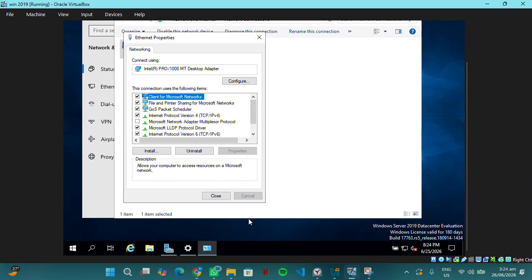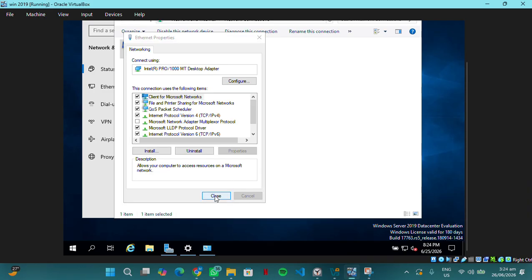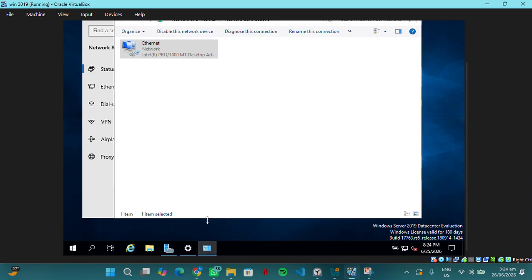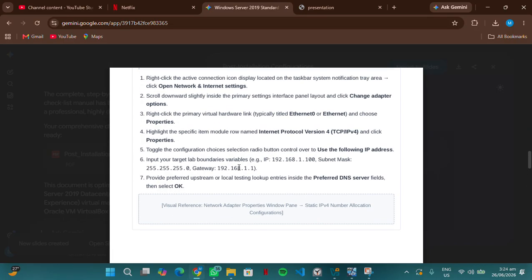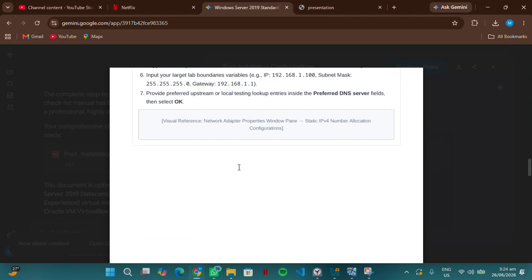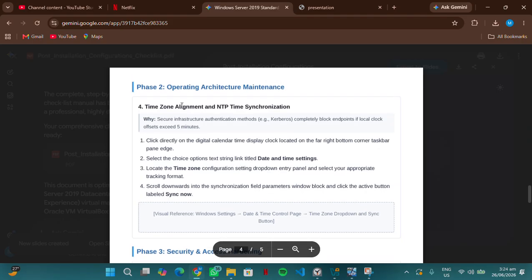Okay, we close it, and it takes a while to load, and we don't change the IP address. Basically, this is the IPv4 address. So now we move on to operating system maintenance, which is the time zone alignment